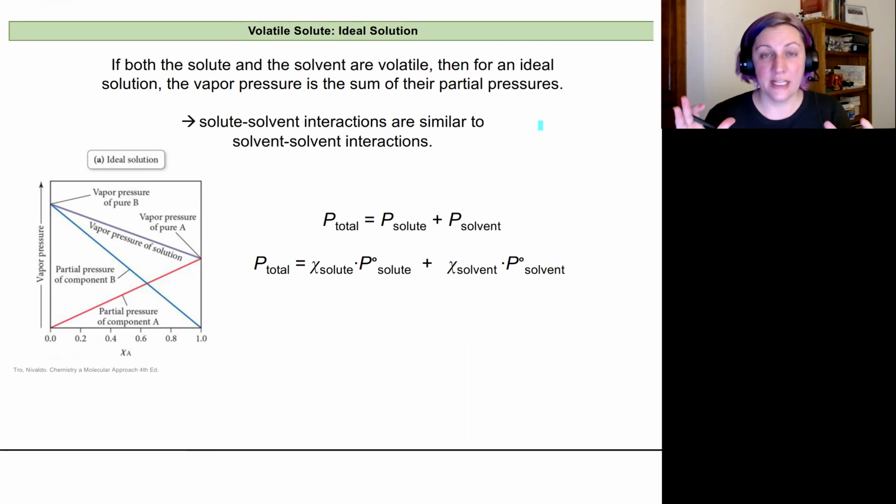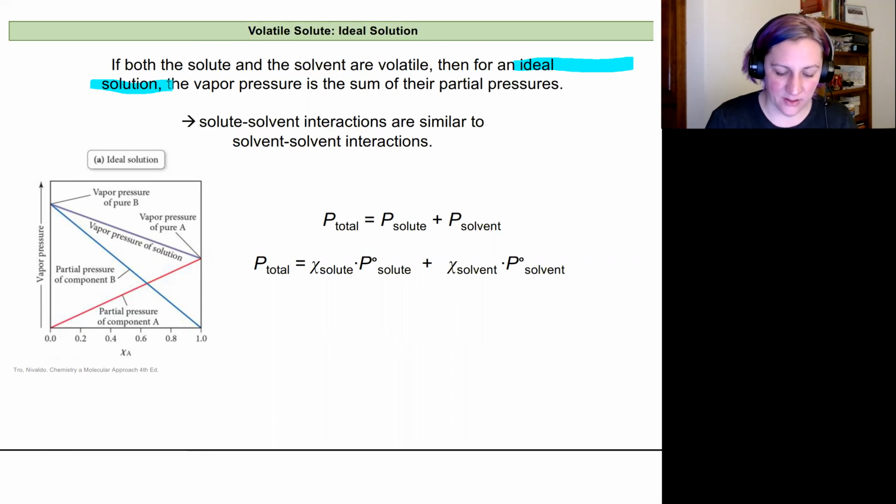Now let's turn our attention to what happens when our solute is also volatile, just like our solvent. It gets a little bit more complicated, of course. So let's start with the ideal solution, which I love that phrase because it sounds so lovely. It's ideal. An ideal solution means that our solute and solvent interactions are very similar